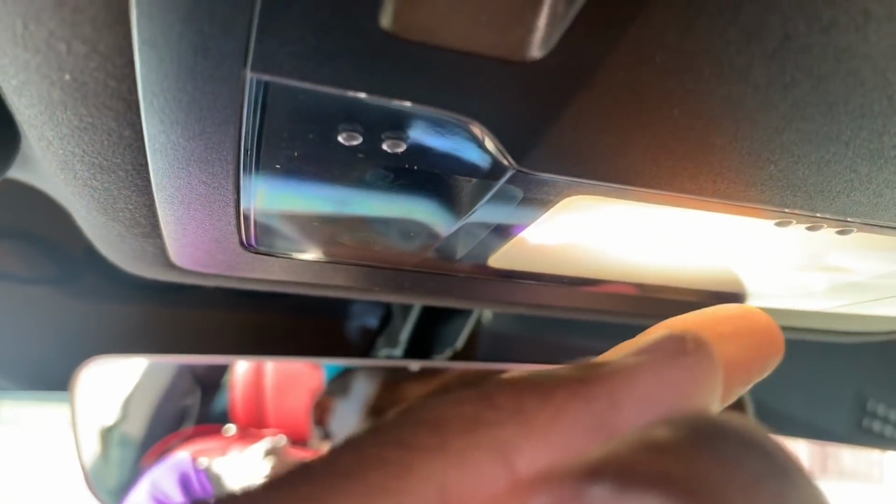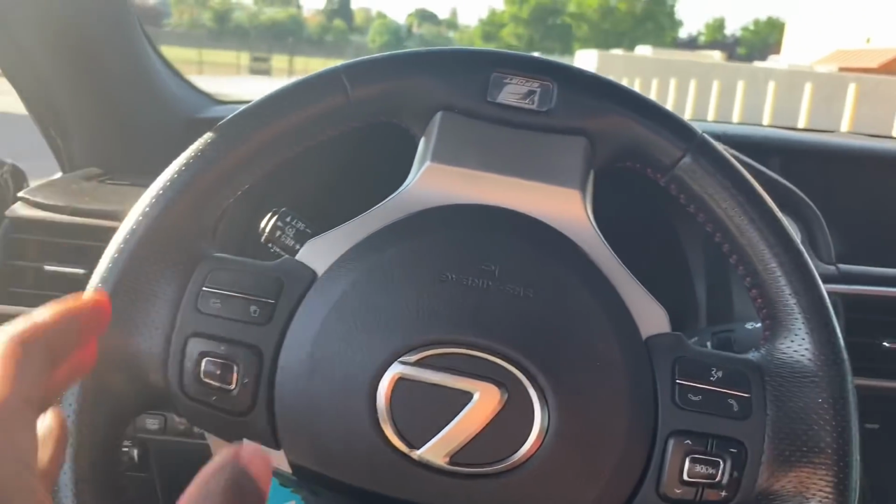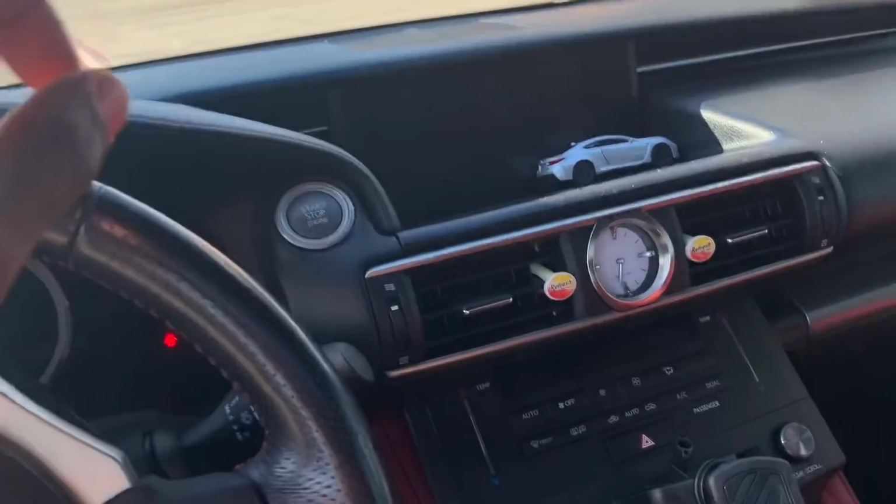You see, I'm not even touching it. So I touch there, don't touch. It just feels, it's no touching. So it's just dope. You don't have to touch it, you don't have to get dirty. I just love the little details about that. The 4th thing that I do like about the interior of the car, I would have to say just the whole